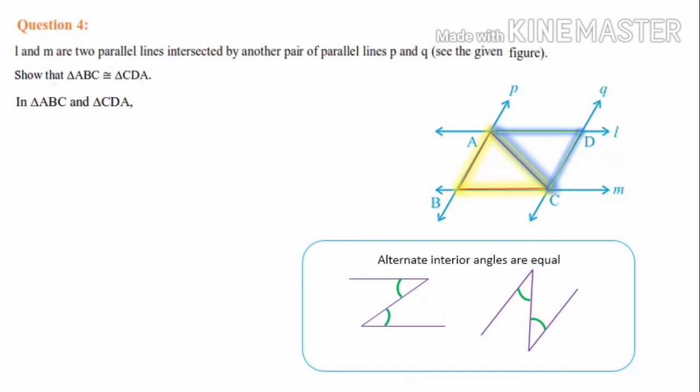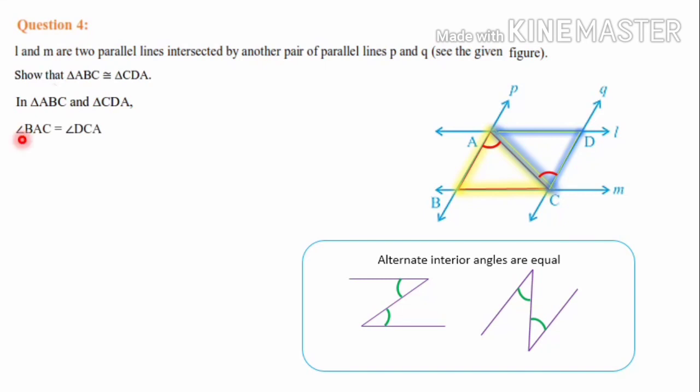That is a property. So here you can see these two lines are parallel, that is L and M are parallel, P and Q are also parallel. So there is a chance of getting alternate interior angles. Let's check it. Here these two are alternate interior angles because there is an English alphabet Z. You can see from B we are starting, A going and coming back to C and going to D. So it just looks like the English alphabet Z, and here P and Q are parallel lines. Means this angle and this angle are alternate interior angles.